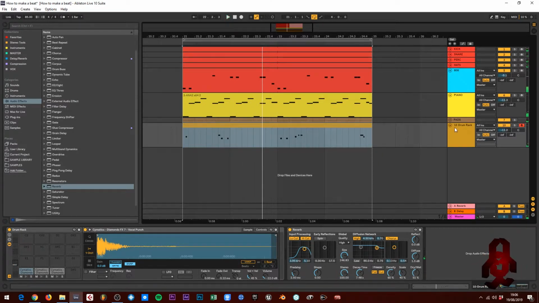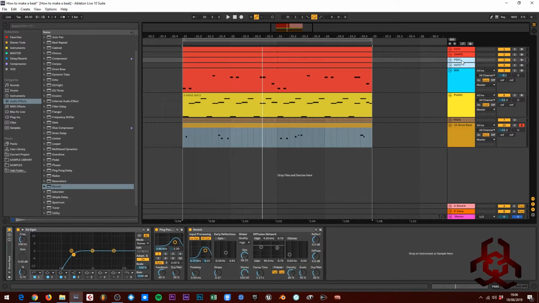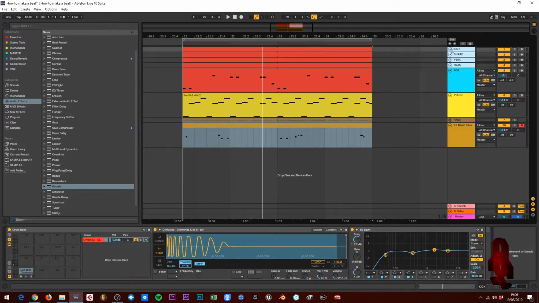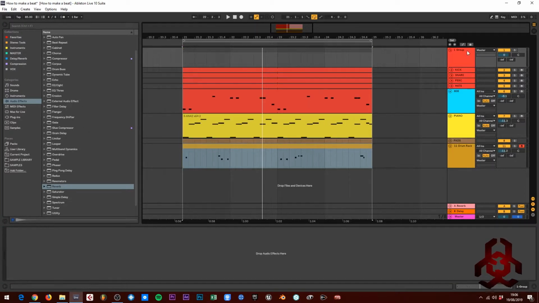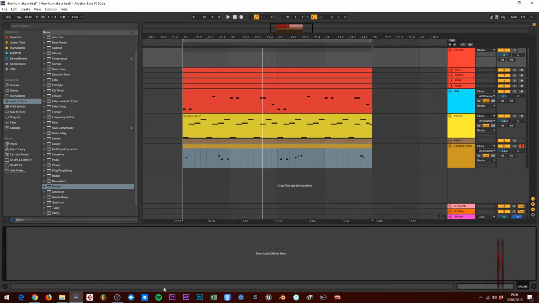I'm just going to leave that there. So what I'm going to do is I'm going to select the hats, the percussion, the snare and the kick channels. I'm going to group all those and I'm going to call this drums. And then what I'm going to do on this drum track